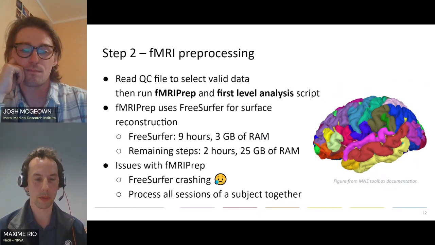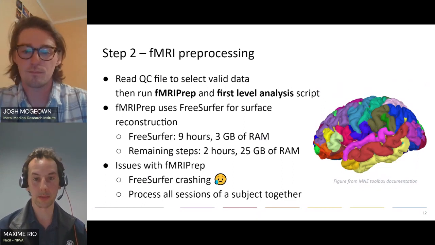So FreeSurfer will take about 9 hours, 3 GB of RAM per volume, whereas the rest of fMRIPrep, it happened to us that sometimes we needed to crank the RAM usage up to 25 gig, but only for 2 hours. So maybe we'd like to split these two steps so we use the right compute resources for each step. And there was also some sad news: when we first tried to run it, FreeSurfer crashed